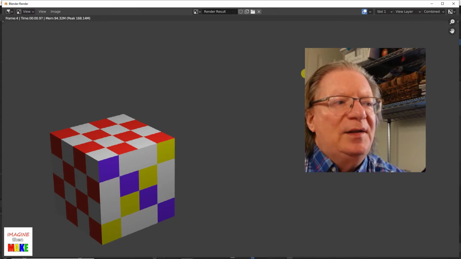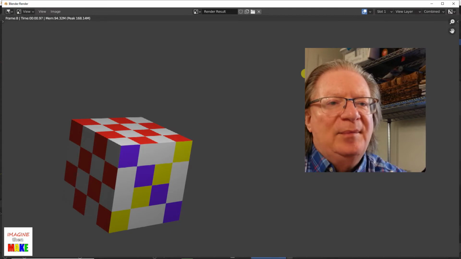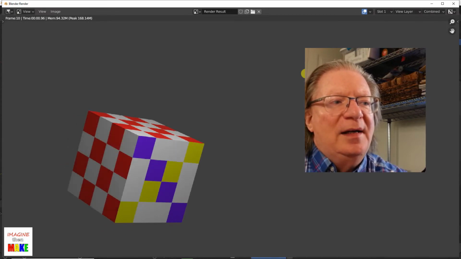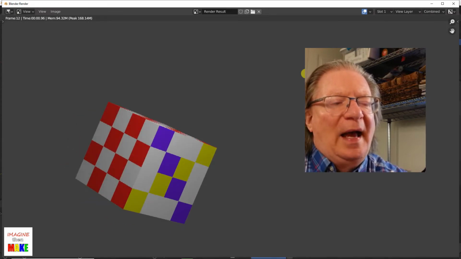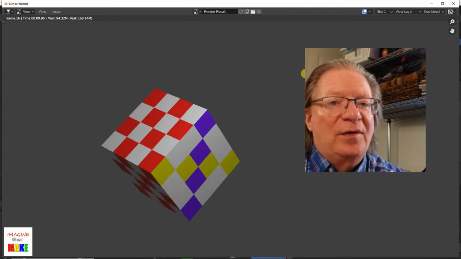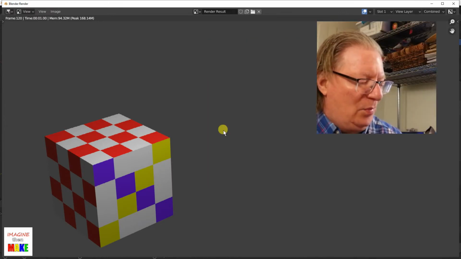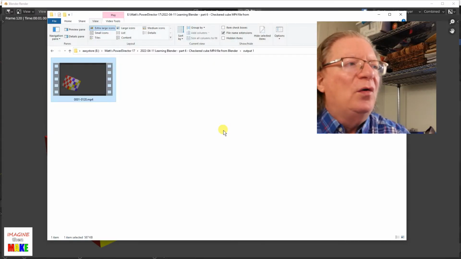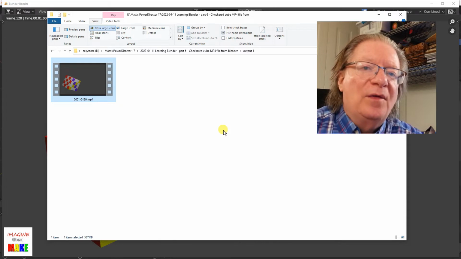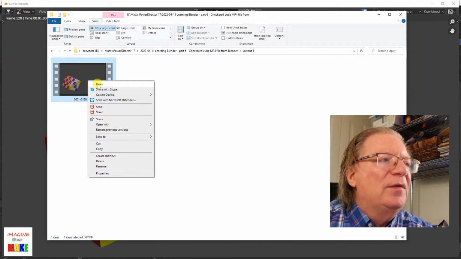So you can see it's moving the cube 1 frame at a time, creating another image, and when it gets all done, it's going to create the MP4 file. Okay, the rendering has been completed. Let me move over to the folder where the new MP4 file was stored. So there it is. I'm going to open the file,